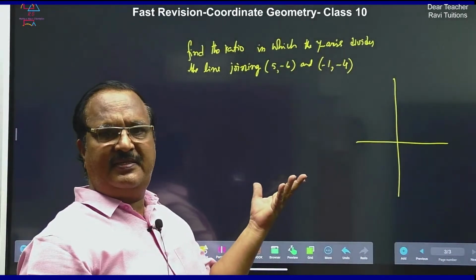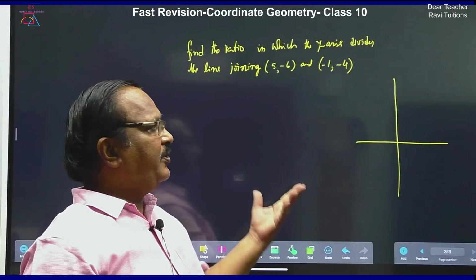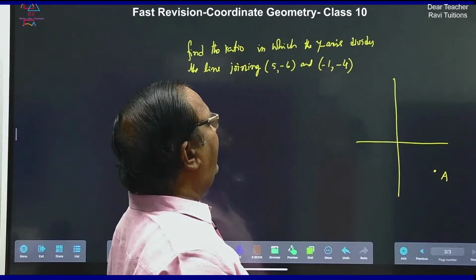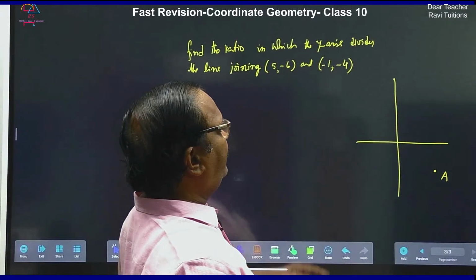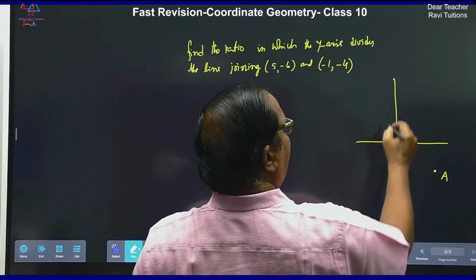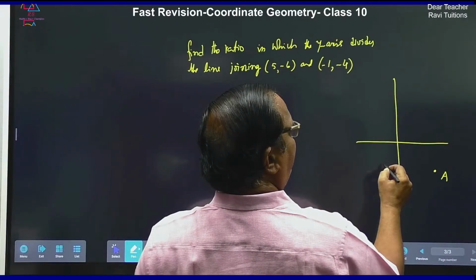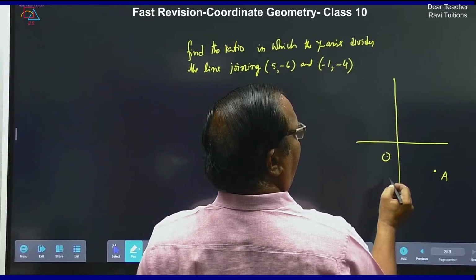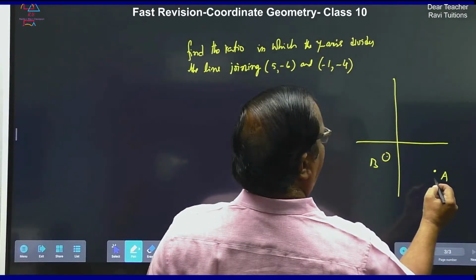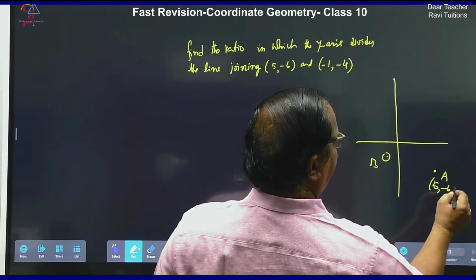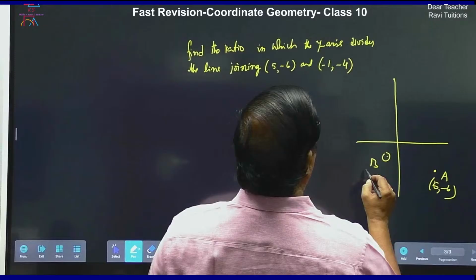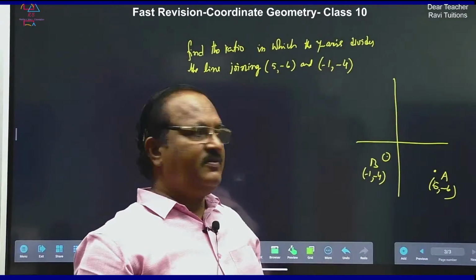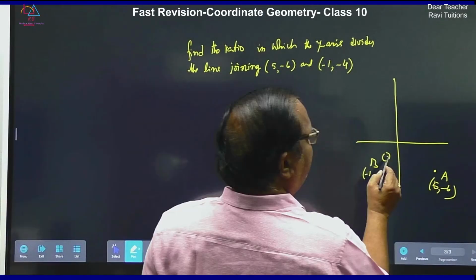Let us keep a point A here, 5 minus 6, and B is minus 1 minus 4. Because both are minus, it lies in the 4th quadrant. So now this line is